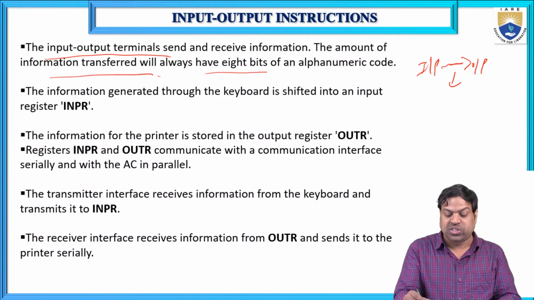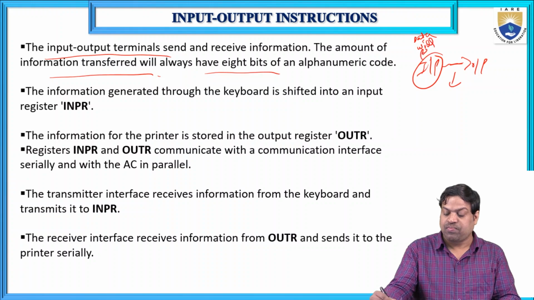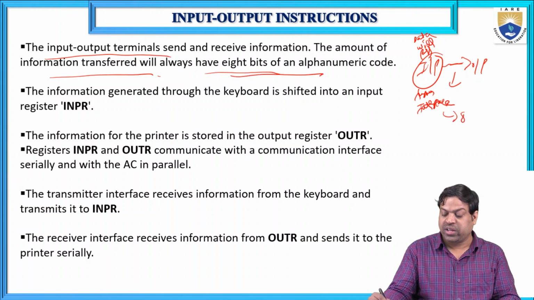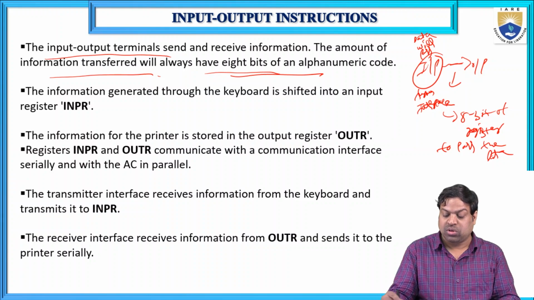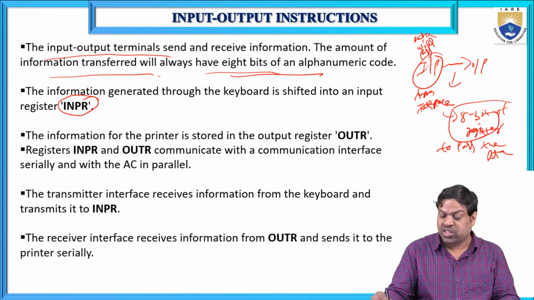The amount of information transferred. So what will the input do? Data will pass through the interfacing. Through the interfacing means I am taking here an 8 bit register, to pass the information, to pass the data from the input to output. Okay, so I am taking this 8 bit register as a